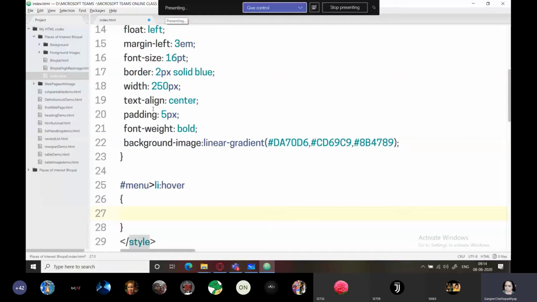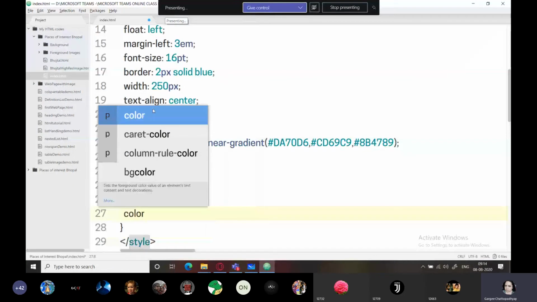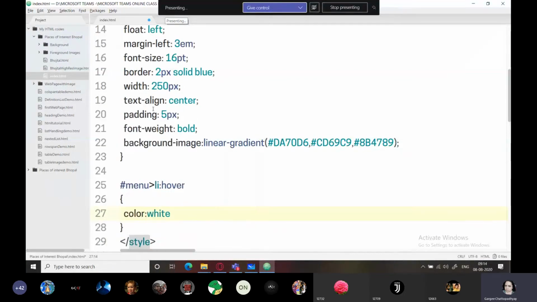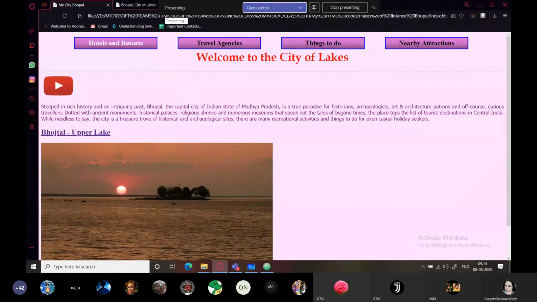And now what do I need? Firstly, I need the font color. So for that I have color and I will set the color as white. So let's check. You can see whenever I'm placing my mouse pointer on top of this, it is changing color. Is it visible to everyone?